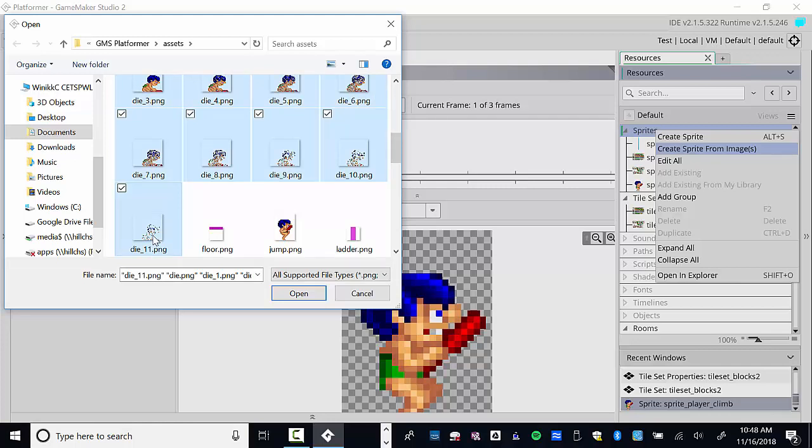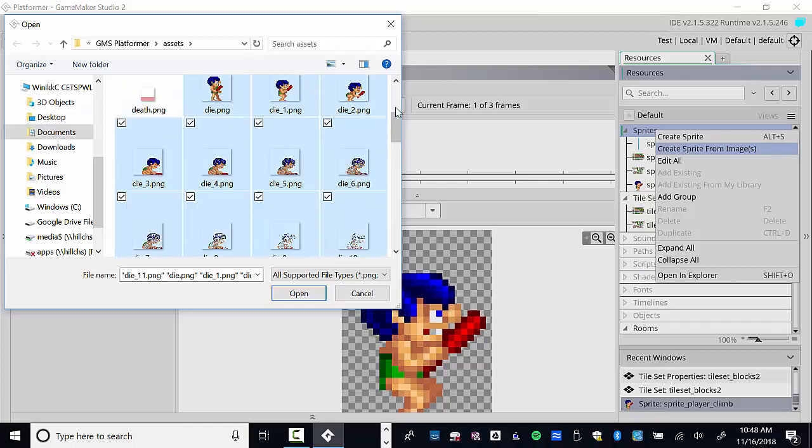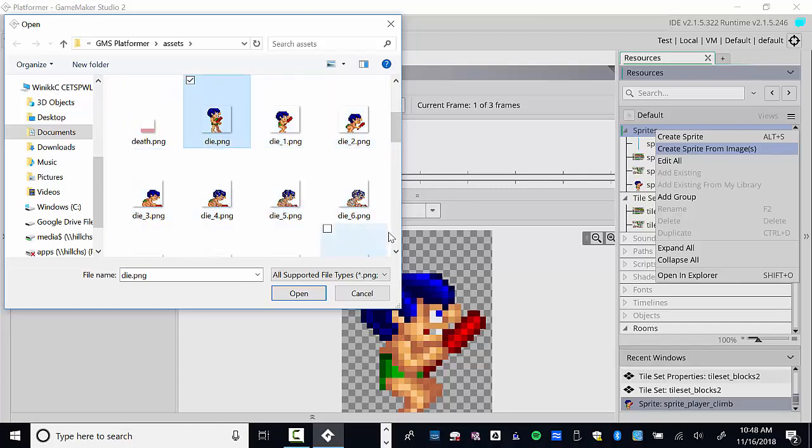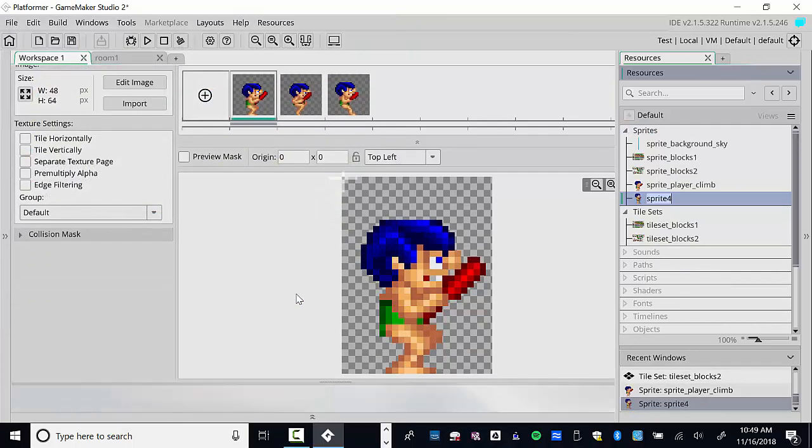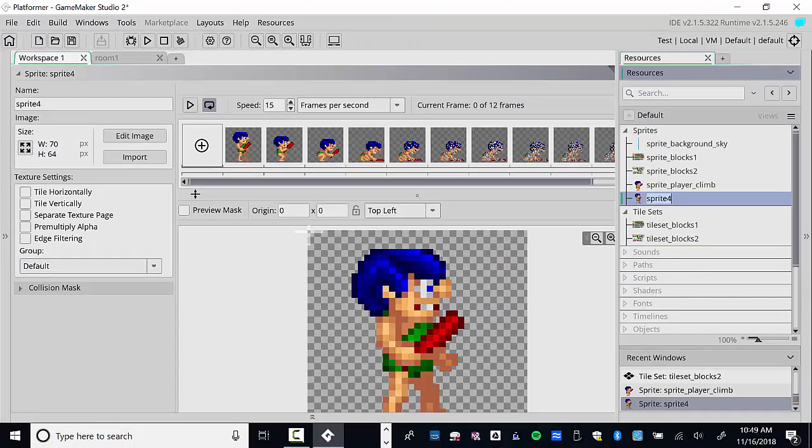Shift basically selects everything from the first to the last one that you click. Let me show you that one more time. I click where it says die. I scroll down. I hold down shift first, then I click die 11. Now let's say I needed floor. I can actually click there if I need it. I don't, right? So don't do that, but I could. So if I accidentally did die 10 and I realized it's die 11, I can always add that. But it's best to add them all right now, get them all in one, click open, and now let's watch